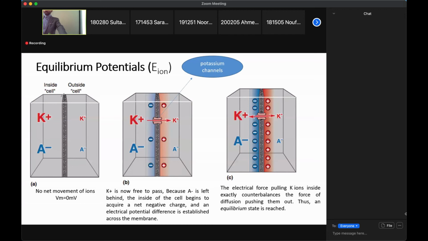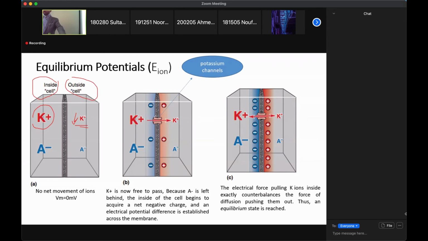As you can see here, we have these two compartments. So this is inside the cell and this is outside the cell. And we said potassium is highly concentrated inside. So we have a higher concentration of potassium inside and a lower concentration outside. Now, we have a membrane, and this membrane is not permeable to potassium. There are no channels. So what do you think is going to happen? Would there be movement of potassium? There wouldn't be movement of potassium, okay?